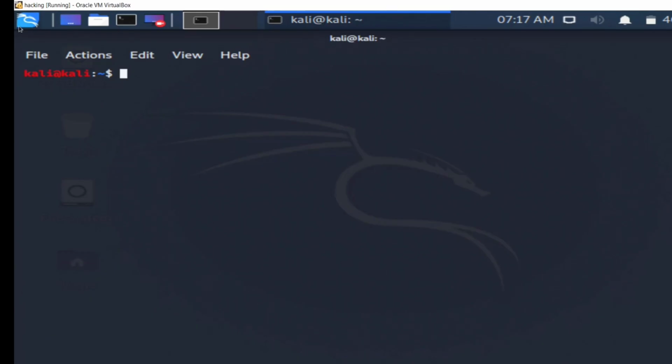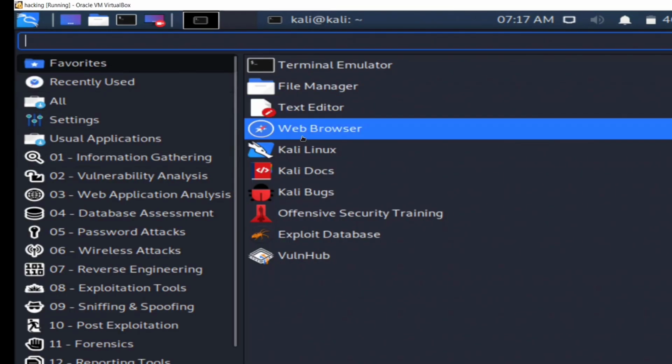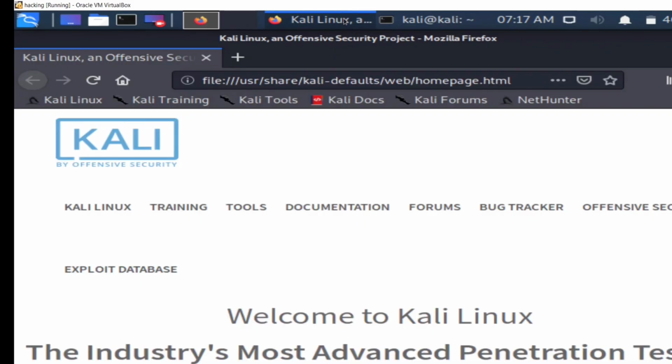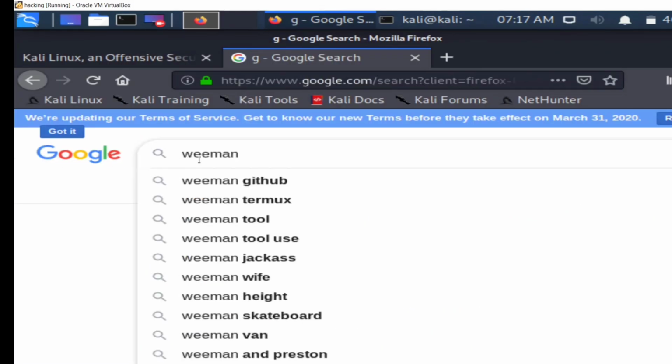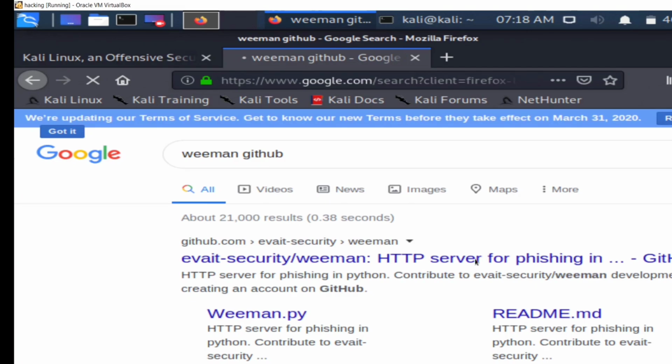Now let's install and run a tool as an example. Suppose I want to clone a GitHub repository. Like I showed in earlier lessons, we can use git clone. Let me open Firefox first. We'll use the same vman tool that we talked about before. I open Google and search for vman GitHub. Then I open the first GitHub repository. I've zoomed in so you can see everything clearly.